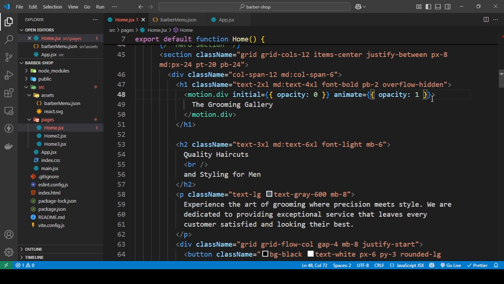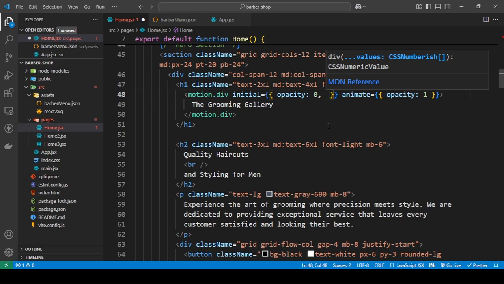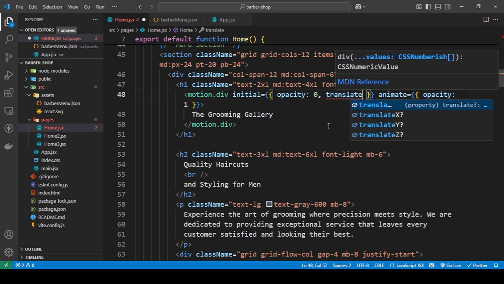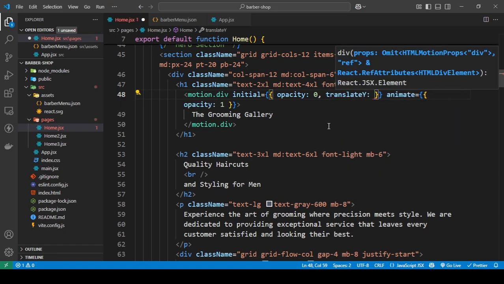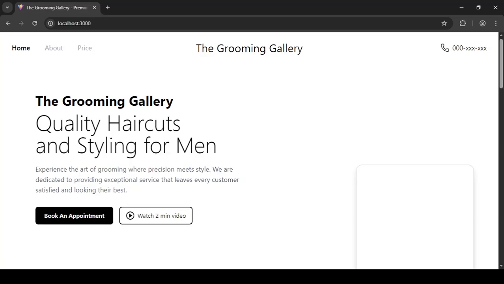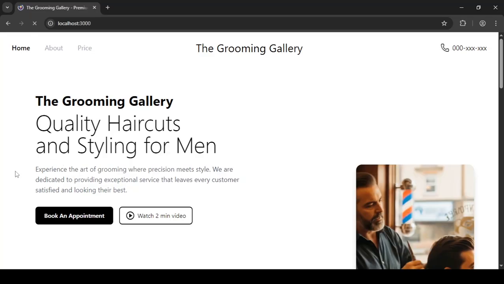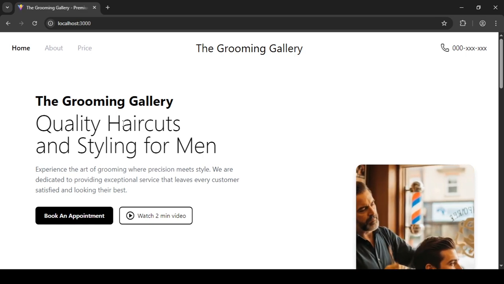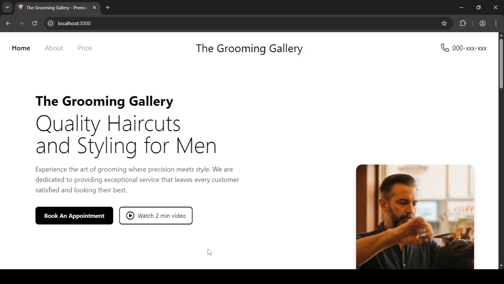So let's add more animations to this. So I am going to add in, let's say, translate Y is going to be 50, okay, by default, and we are going to make it 0, okay, and now let's see what I get. Now you can see it came from the bottom, but just in case you didn't see that,